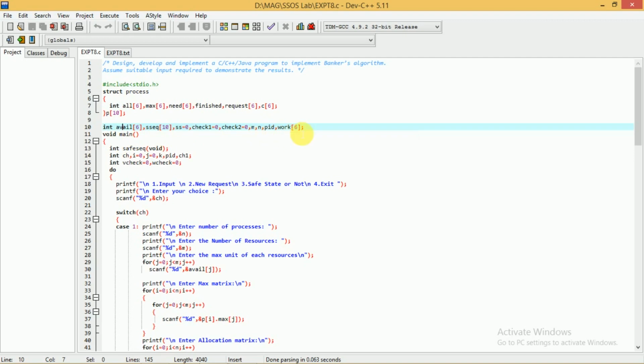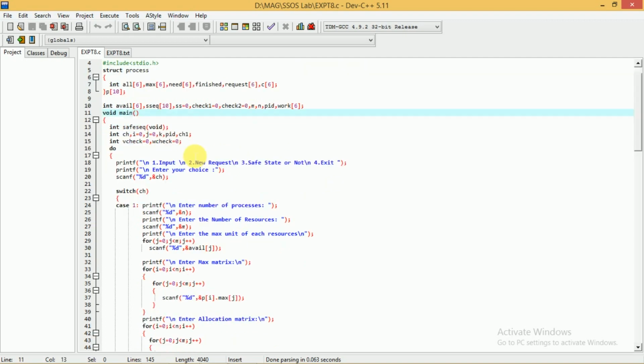This is again an array of size 6. Your program starts with the main function, the void main, and in the void main at the beginning itself we call a function that is saveseq. We have a function that is safe sequence, in short saveseq. We call this function at the beginning itself, that is saveseq, void, return type is int.